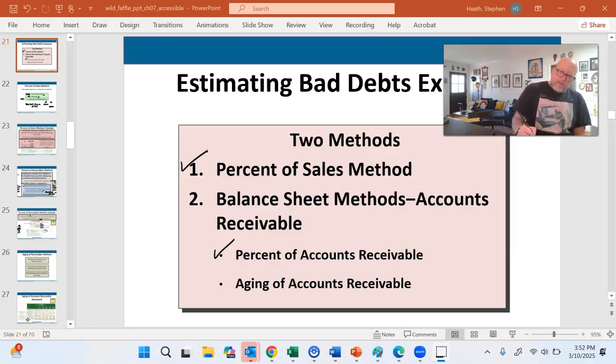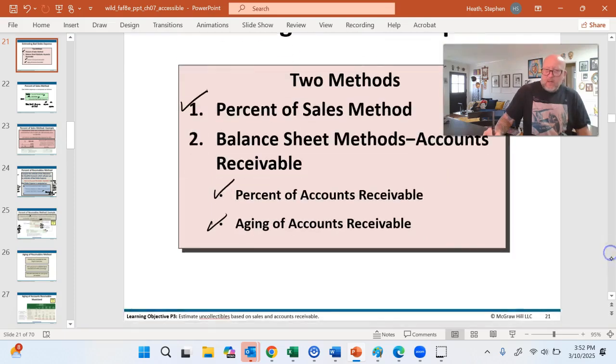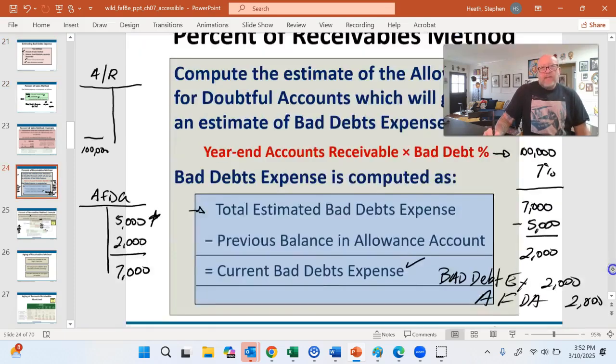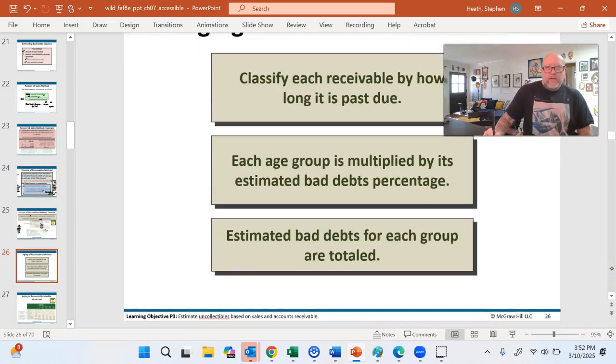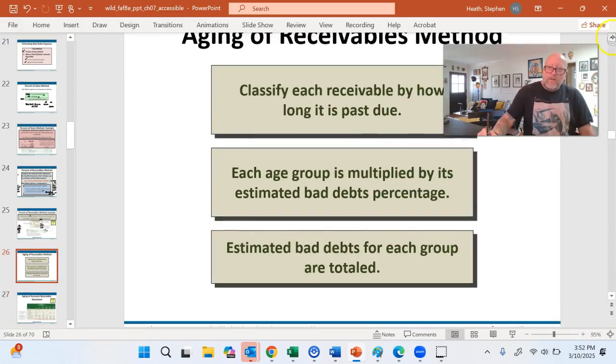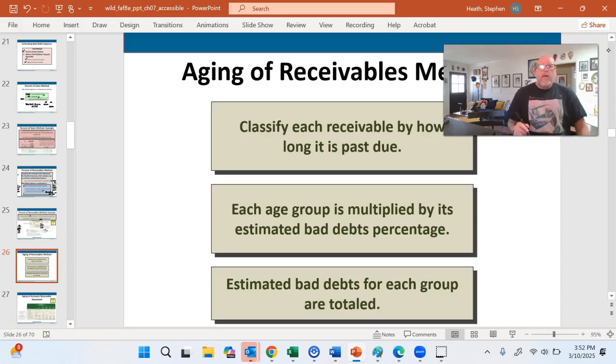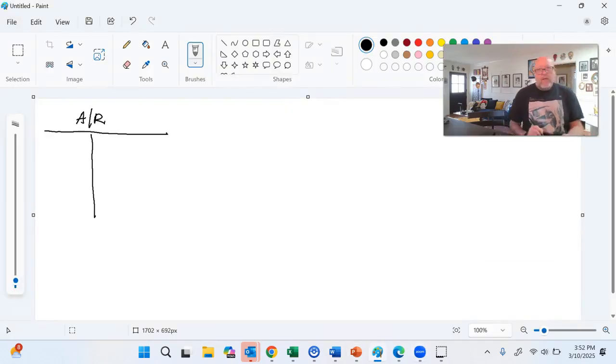Okay, the third method of estimating bad debt expense, the aging of accounts receivable. All right. So let's find that slide. Aging of accounts receivable. Actually, you know what? I don't even really care for this slide. I'm going to go to my paintbrush. Let's assume I have accounts receivable. Let's assume that I've got a